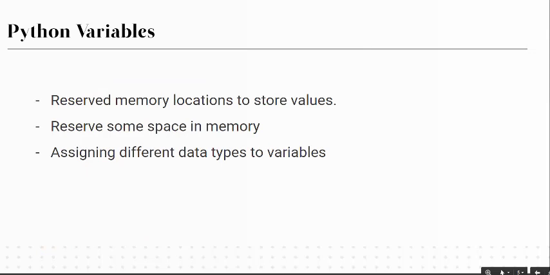Now let's move on to variables used in Python programming. Normally, variables are reserved memory locations to store values. Creating a variable in Python is simple. You just have to write the variable name on the left side, equal to the value on the right side. For example, num is a variable that is assigned 1000 as a value. So num equal to 1000.